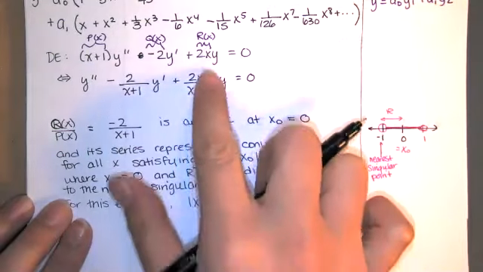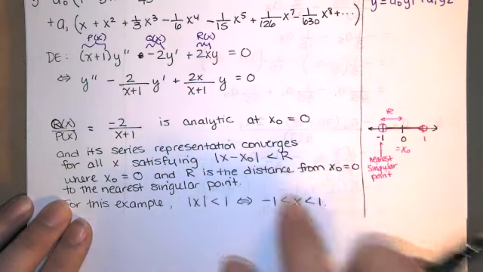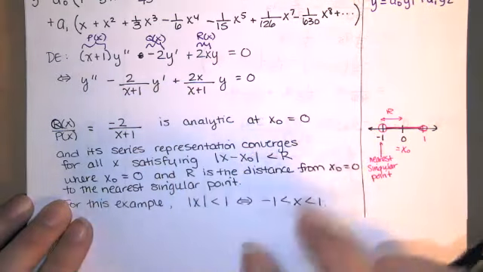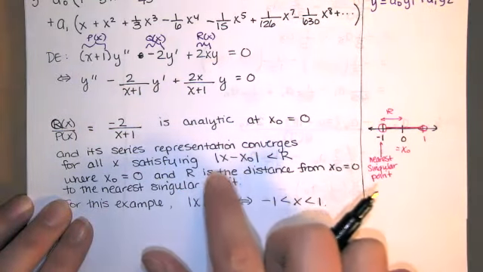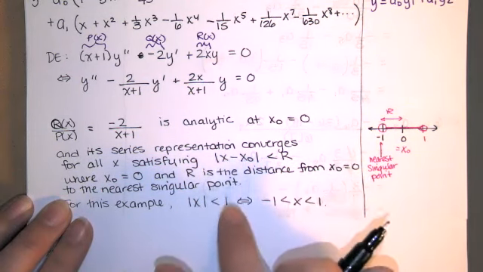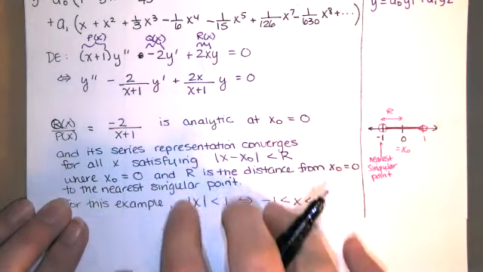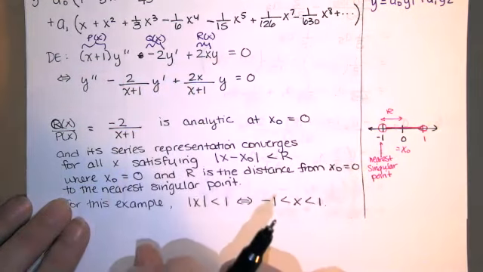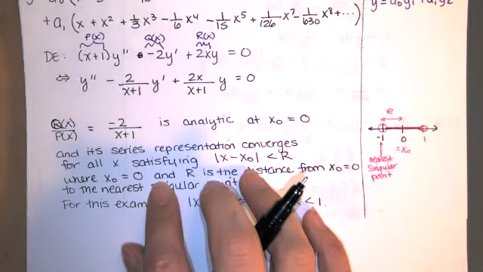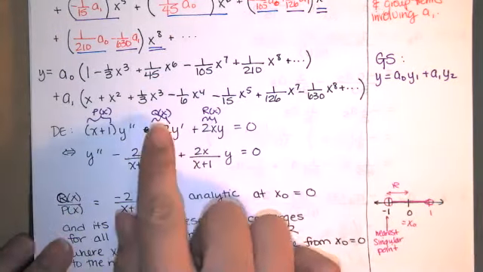Similarly, this rational function has a series representation that converges on the same interval because we're looking at the distance between 0 and the nearest singular point, which is -1. So that's r equals 1. So we've got the absolute value of x minus 0 is less than 1. So that's the absolute value of x is less than 1, which means that x is between -1 and 1. So this is true for this function, and this is true for that function. Since it's true for both of those functions, it is also true for the two linearly independent series solutions that we found earlier. So the general solution is this,